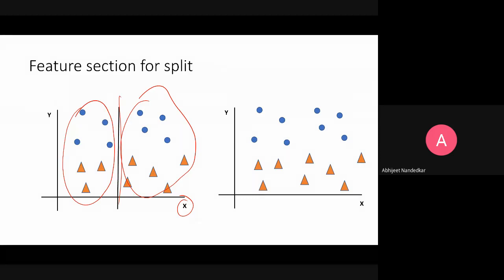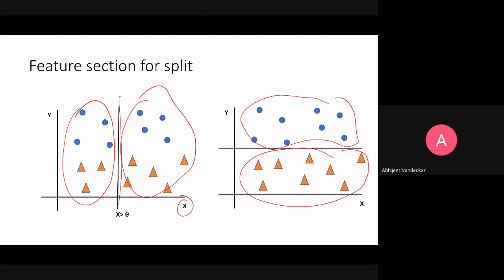So this is not a good idea of division. So a better idea is to use the horizontal line at the proper place so that you get a good division of data into two separate classes. So you can even, as I said, use this vertical line and then